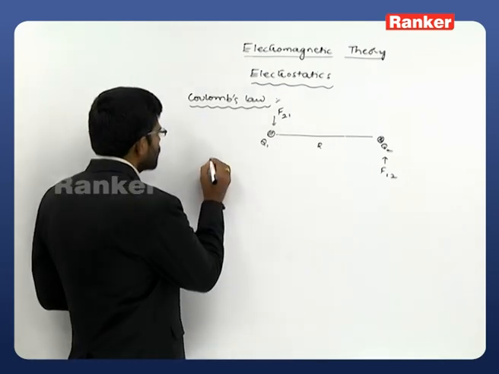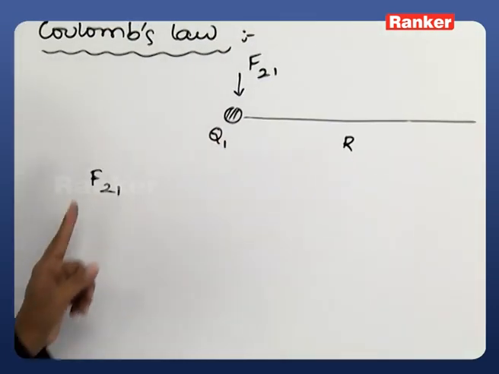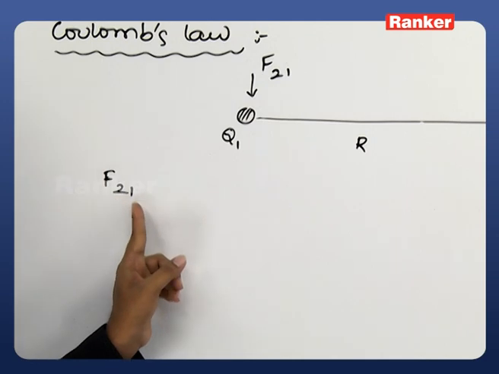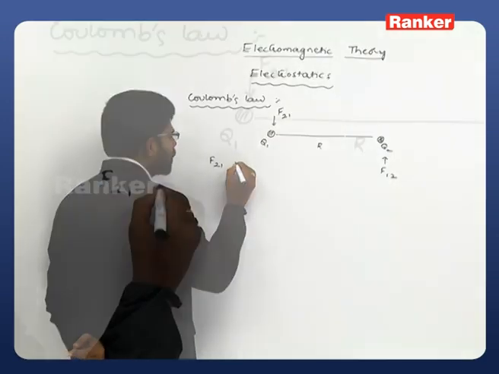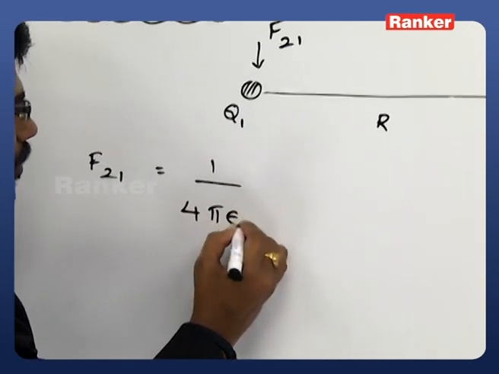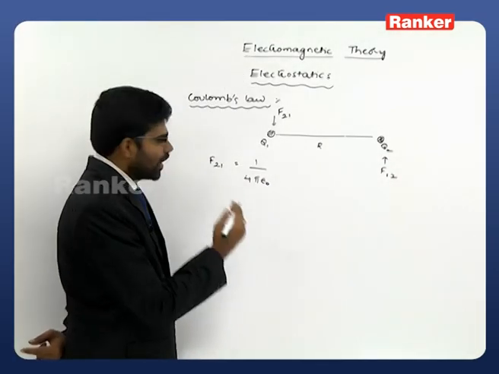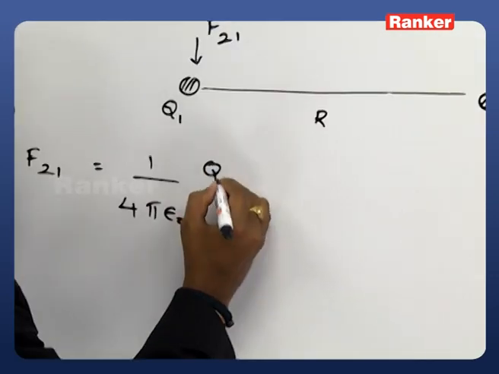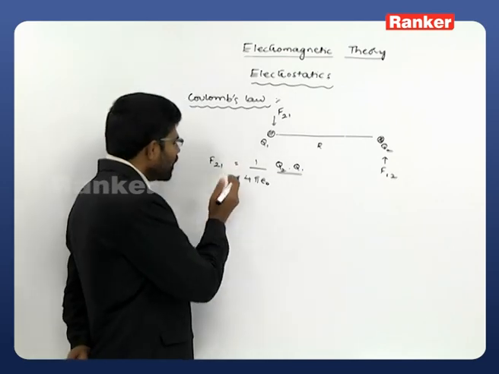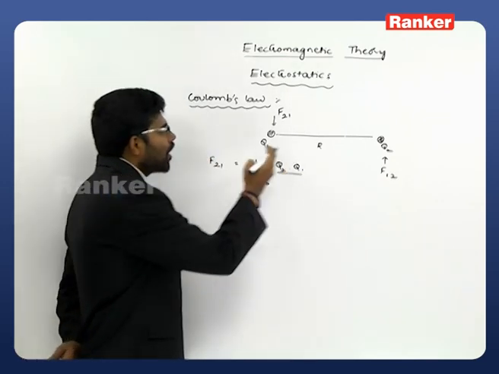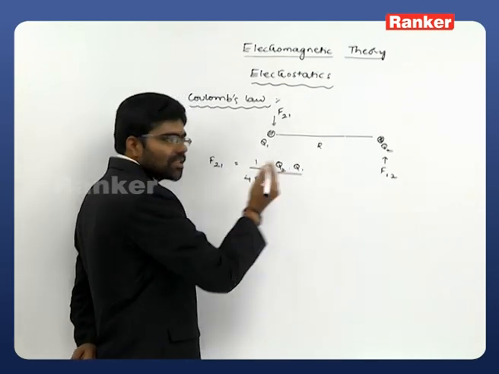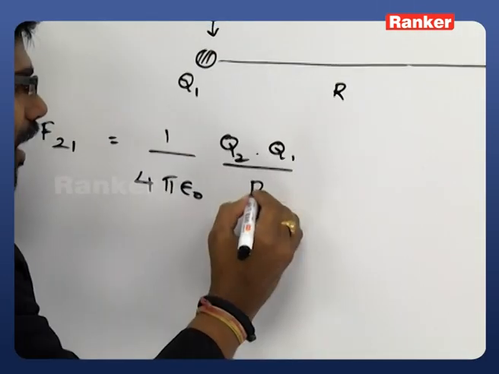Let us consider first F21, that is the force from 2 to 1, the first suffix to the second suffix. Always remember that. F21 is equal to, as we said, the proportionality constant is the same, 1 by 4 pi epsilon naught, and I am considering this for free space. The charge q2 multiplied with charge q1, divided by the distance. The distance is always r, nothing more than that. But for our convenience, the distance from 2 to 1 I will write as